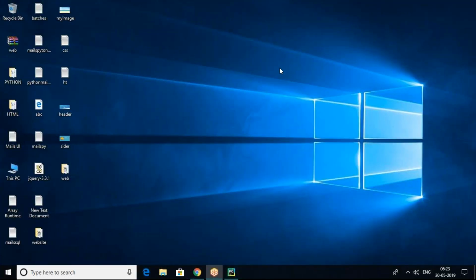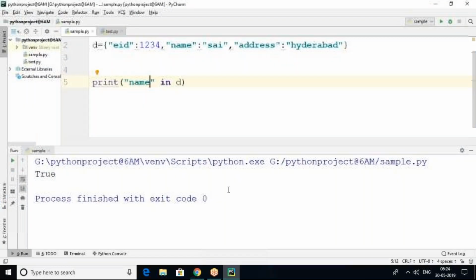The thing is, dictionaries can be used to retrieve data from a huge amount of data. For example, you have a lot of data in a database or somewhere, and I want to retrieve the employee details. So I have to pass some keys through which we are able to get it.